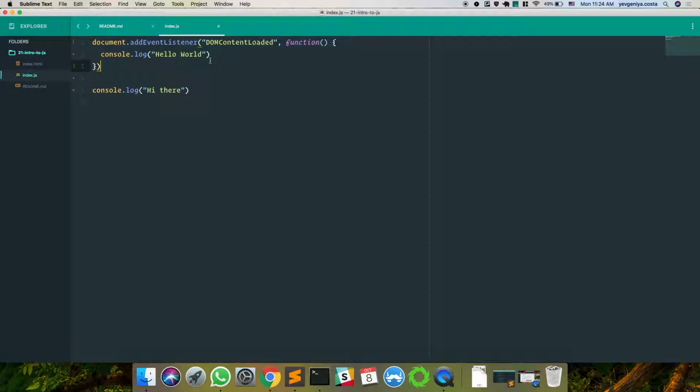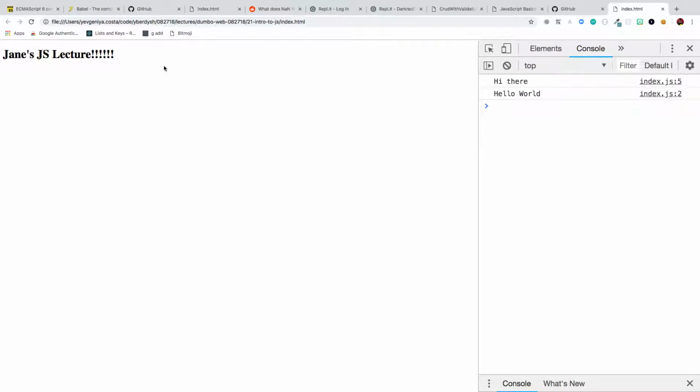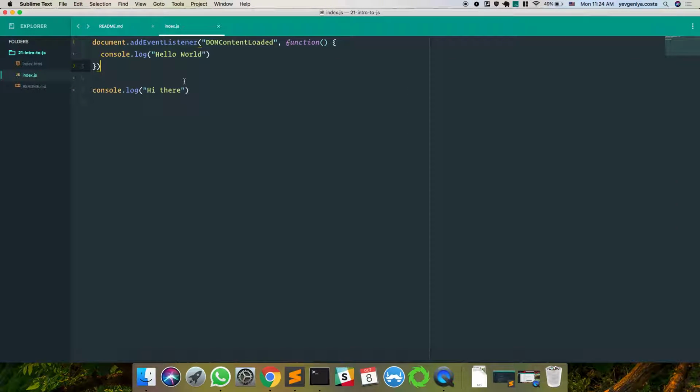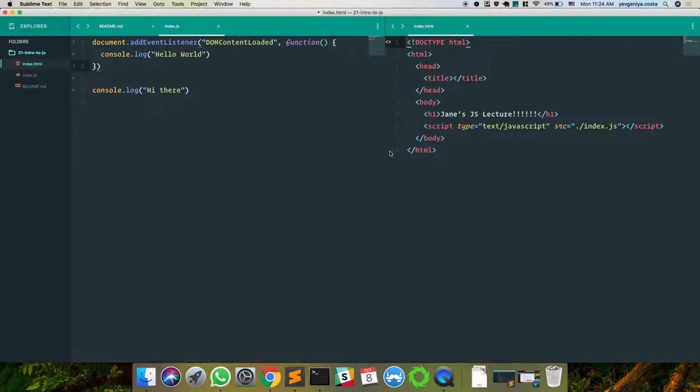The DOM content is technically stuff that's already on the page. So this is DOM content. Hi there is just a console log that we're printing. But if we also look at our index.html file, this script is referenced as part of the DOM. It isn't a DOM element, but it is one of the things that has to be loaded. And before the DOM can fully load, this script file will be run. Therefore, 99.9% of the time, that entire file will get run before the DOM is fully loaded.